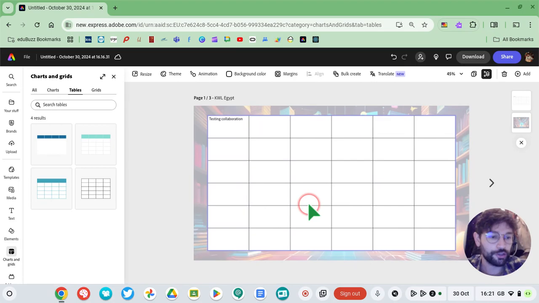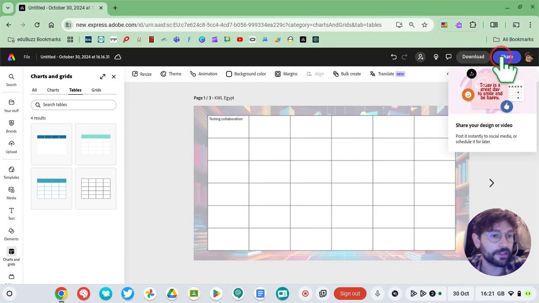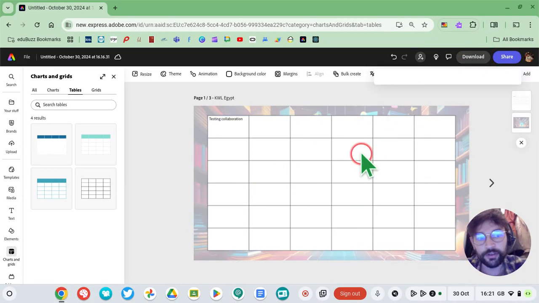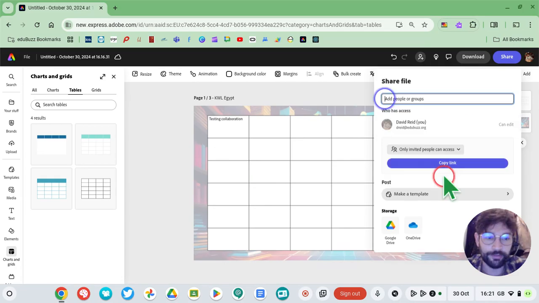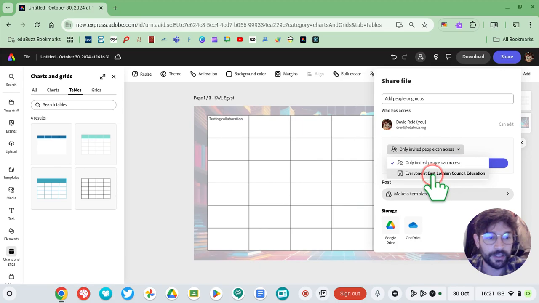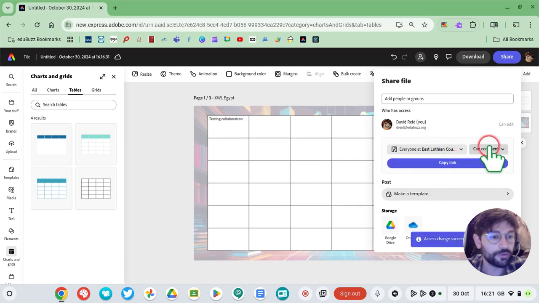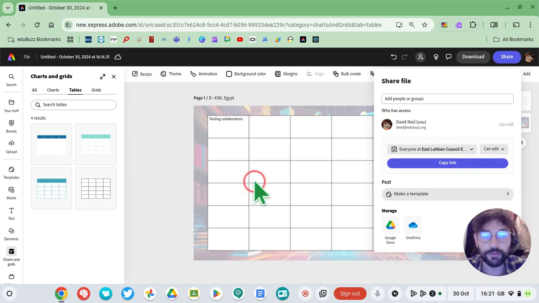The one thing to ensure when you are sharing this with pupils, the final thing to do when you're finished with this, is you can click the share button. And there is one really important piece of information, because by default, it says only invited people can access. Now, what we want to do is change that to everyone at East Lothian Council can access, but we also want to change that to everyone in East Lothian Council can edit. And that allows the people that you share this link with to be able to contribute to